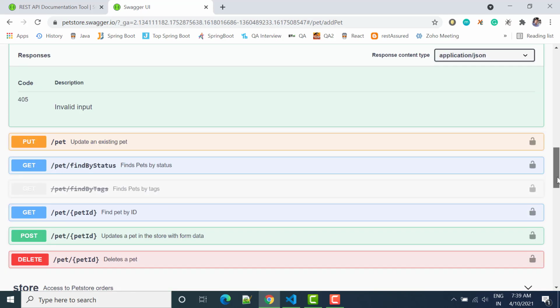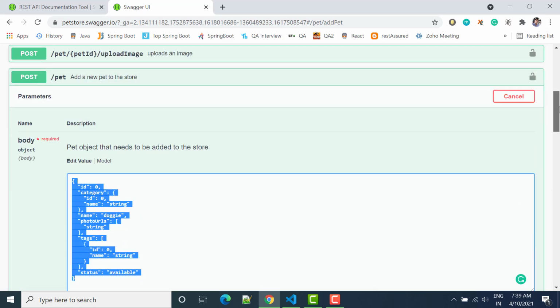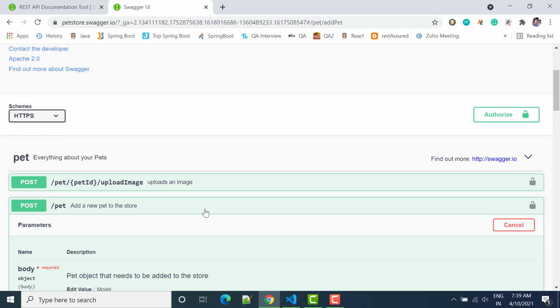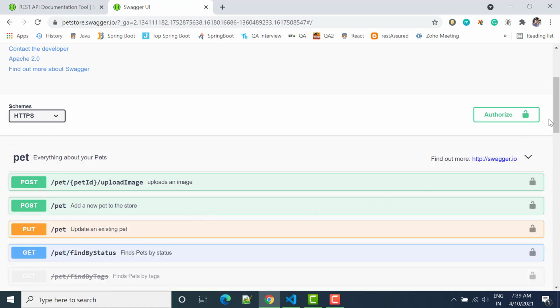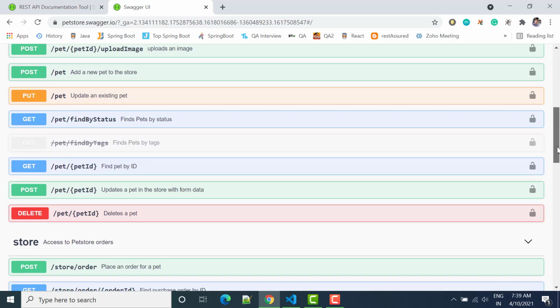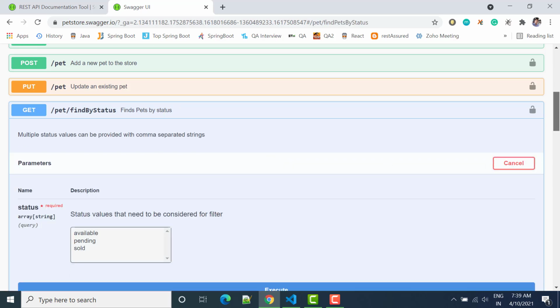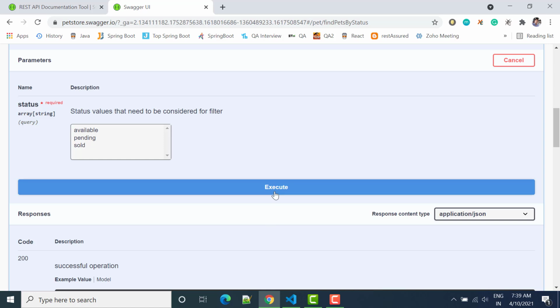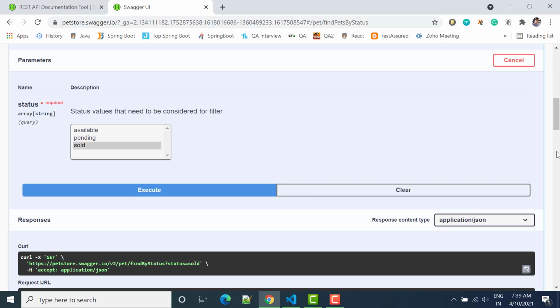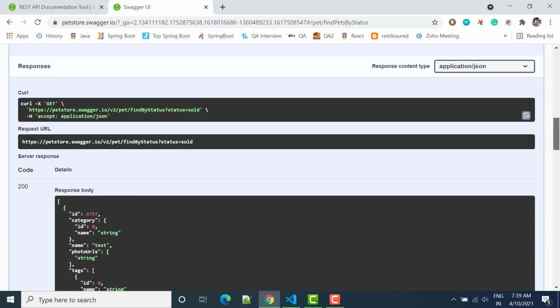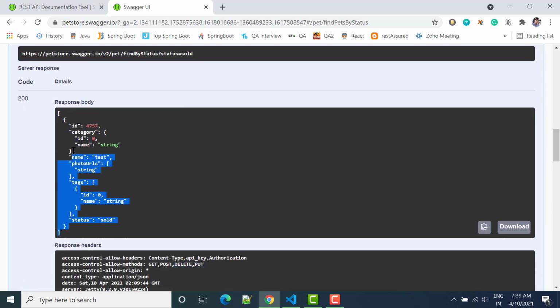That means by using Swagger, one thing is it is used for documentation. Another is you can also validate, and send requests and responses through it. So if I click execute, you can see here we are getting the response also.